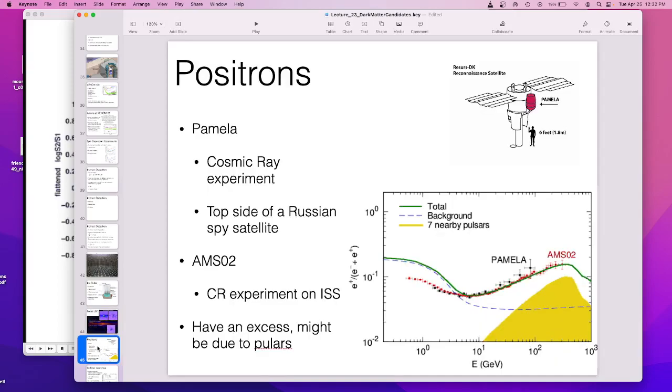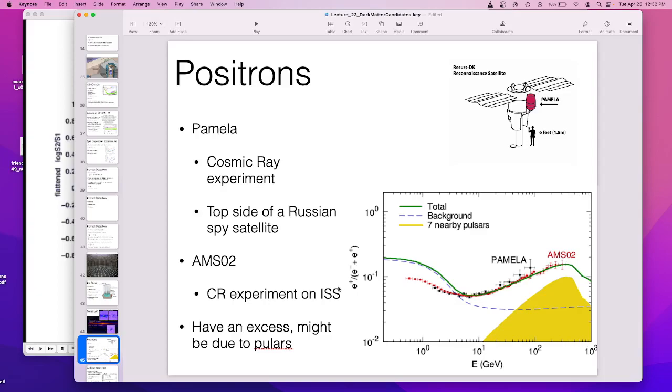Positrons. There's this Russian spy satellite, and they let us put a detector called Pamela on the backside of it. There's another one, AMS-2, which is on the International Space Station. This is the count of positrons. Positrons, again, don't live very long. They run into an electron and they die, right? So positrons are pretty rare and created by violent processes. So something serious had to happen for you to get a positron